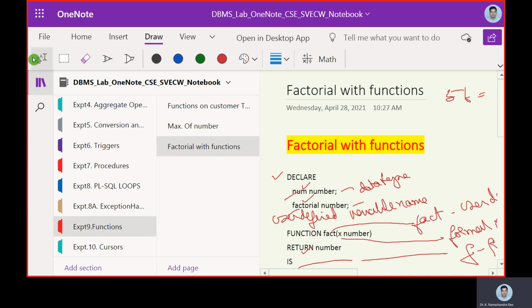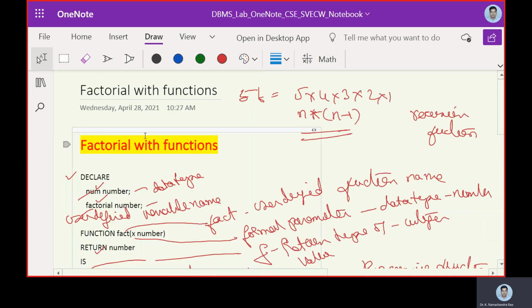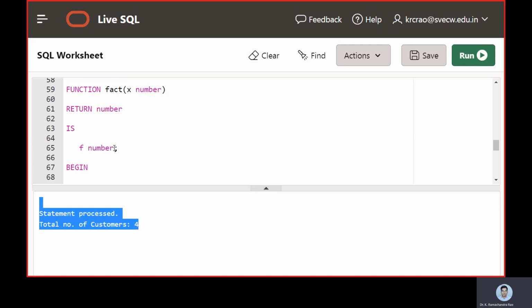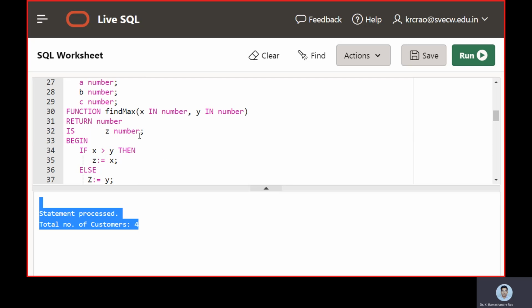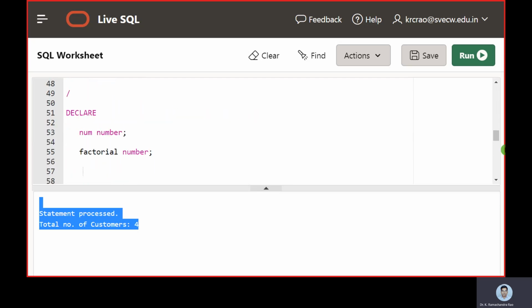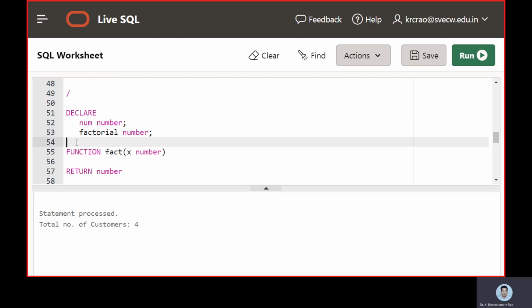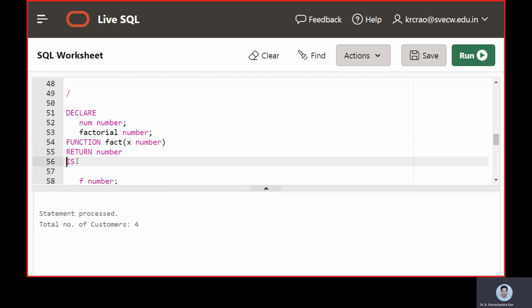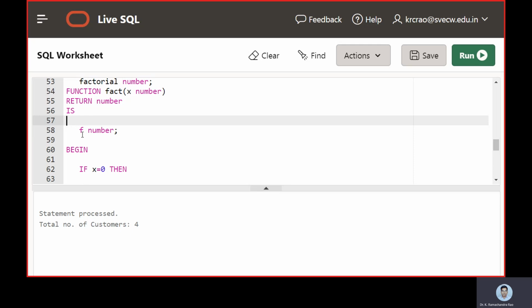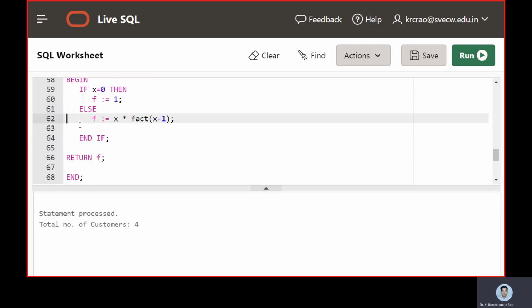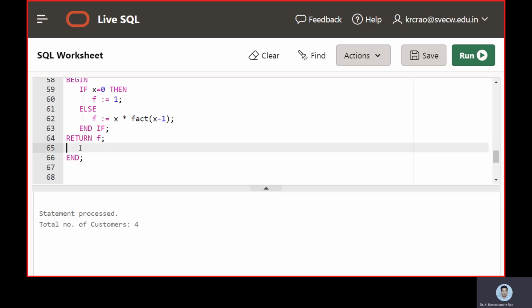Now we are at the factorial program here, and we are going to bring up this factorial program. So declare number of factorial, return type f, and we work with the if loop here, and this was the recursive function.